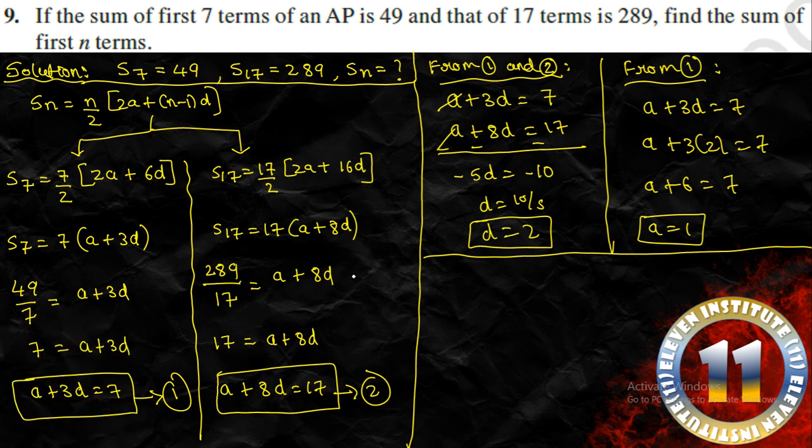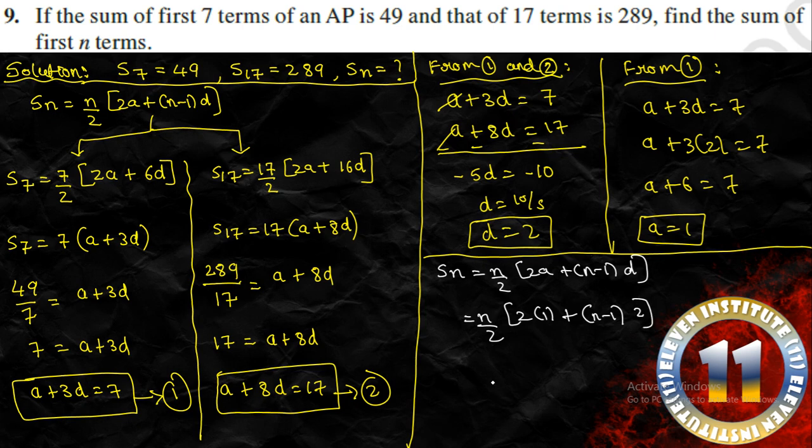Now simply we have to apply the formula of Sn over here. Right. So n upon 2, 2 as it is. Instead of a we shall write 1. Instead of n we will write n itself. Instead of d we will write 2. Now we can see 2 and 2 common over here, right? So we can write n upon 2 multiplied by 2. Now here 2 is common, so we have 1 left. Here 2 is common, so we are left with n minus 1. Plus 1 and minus 1 will cancel, 2 and 2 will cancel, so we have n multiplied by n.